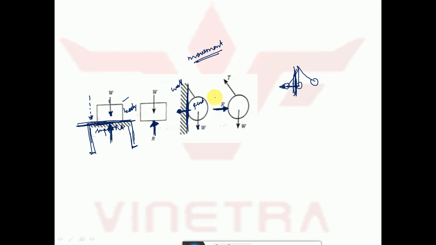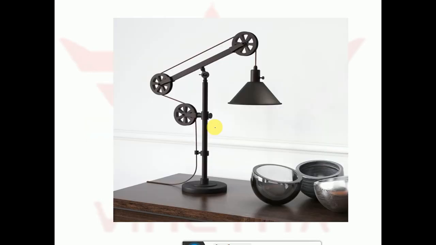So this is called a simple support. Next, this is an example. This is a table lamp. This table lamp is resting on this table. So this is a simple support, though this table lamp is not falling on the ground because of this table,